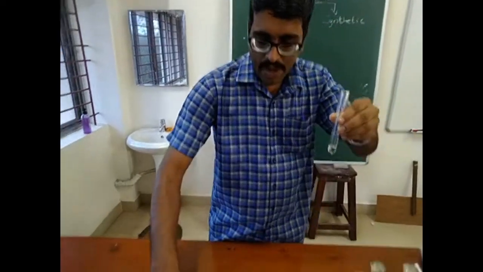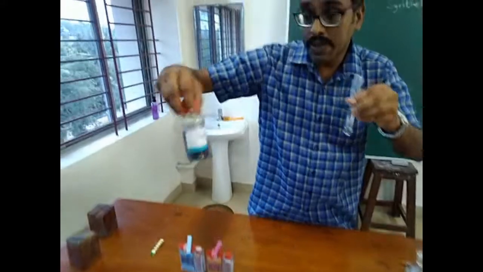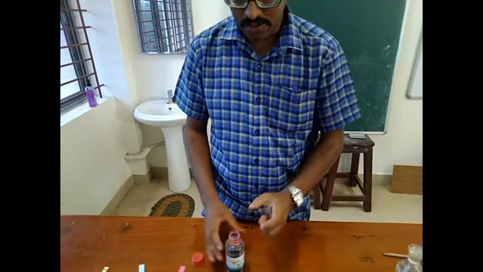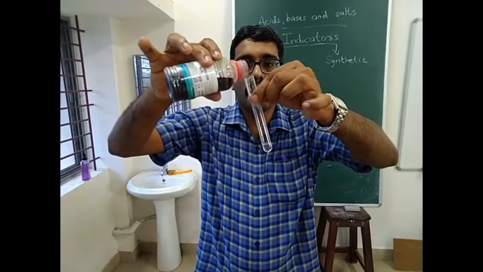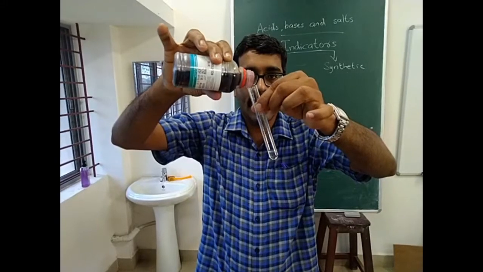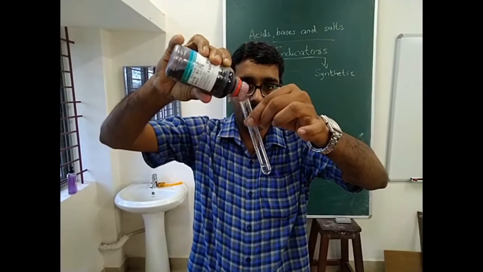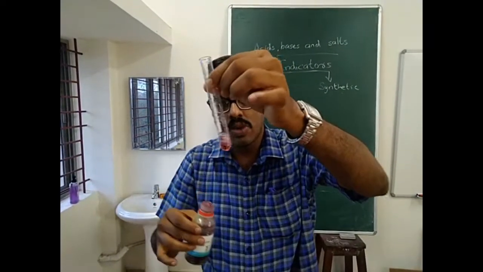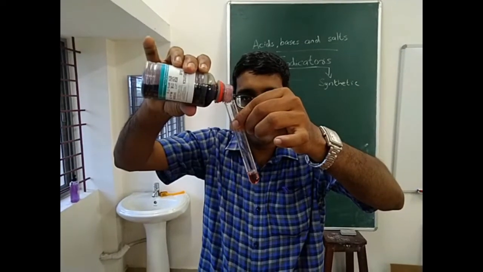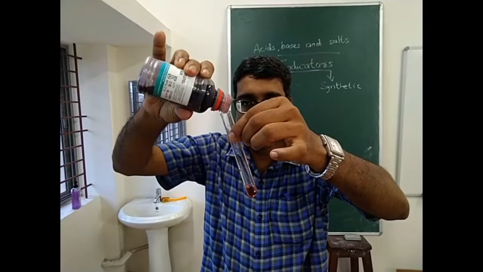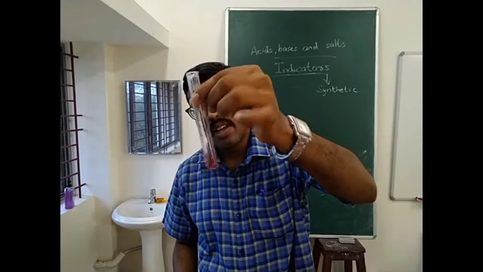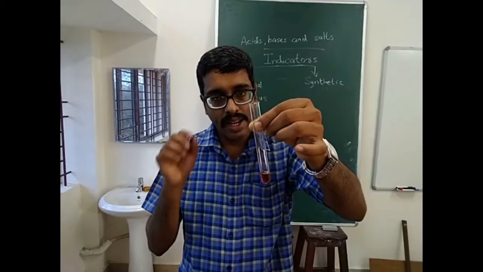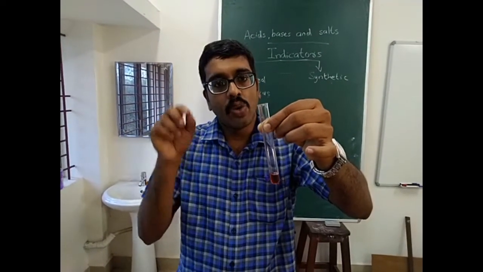Now I am having, you can see, litmus solution blue. I am using the blue colored litmus solution, and I am pouring the blue litmus solution into acetic acid. You can see the coloration. Slowly, drop by drop. Now you can see the solution turns red. Blue litmus turns into a red color. So it indicates the material which is present inside the test tube is acid. So in an acid, blue litmus is turning into red color.